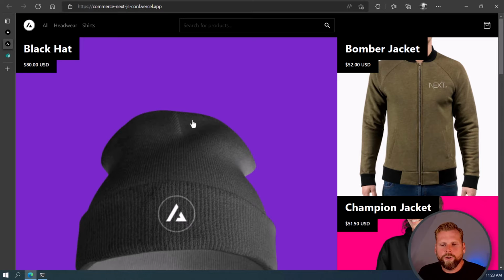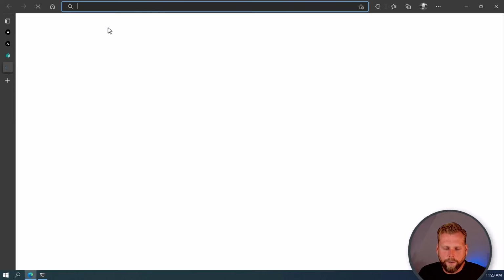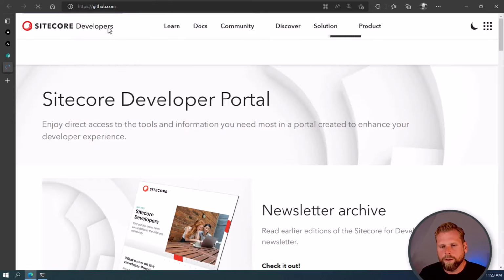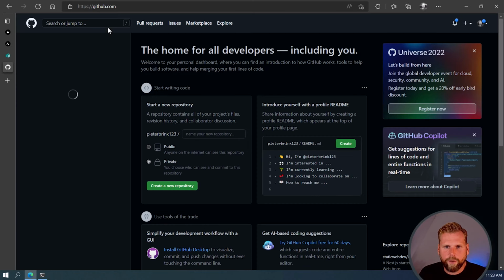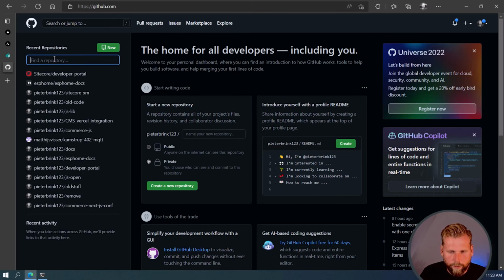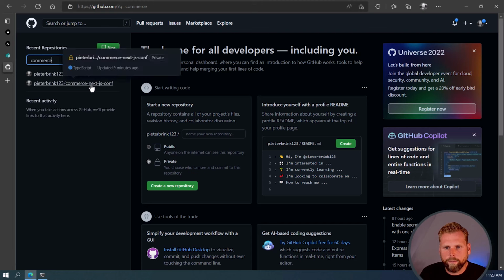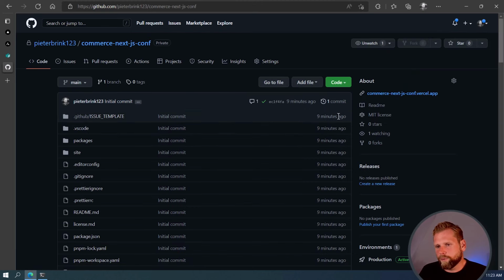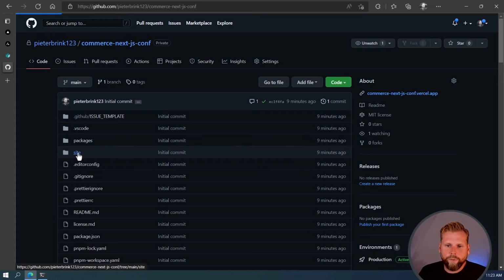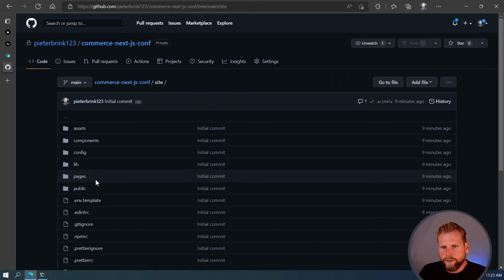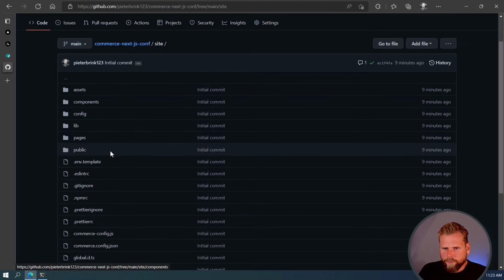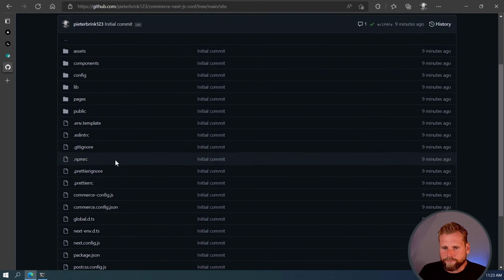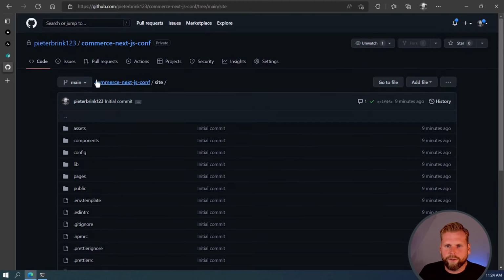So what we're gonna do is start with cloning our repository that's just been created to our local machine. So when I go into GitHub and I search for my project, you can see that this is the project. It's been created 9 minutes ago when we were starting the demo. And if you've worked with Next.js before, you would see that the structure here is really recognizable for any Next.js project, right? You got pages, components, everything is here. So we're gonna clone this one